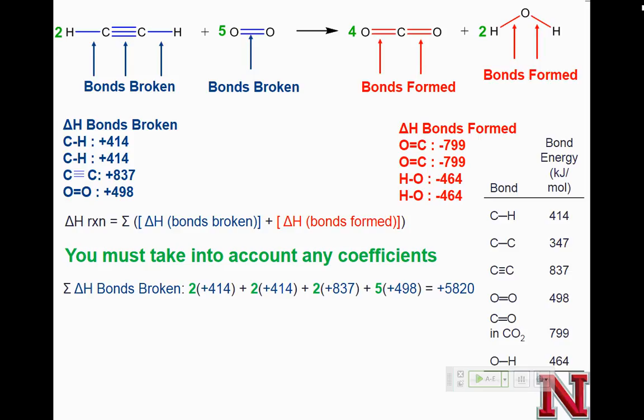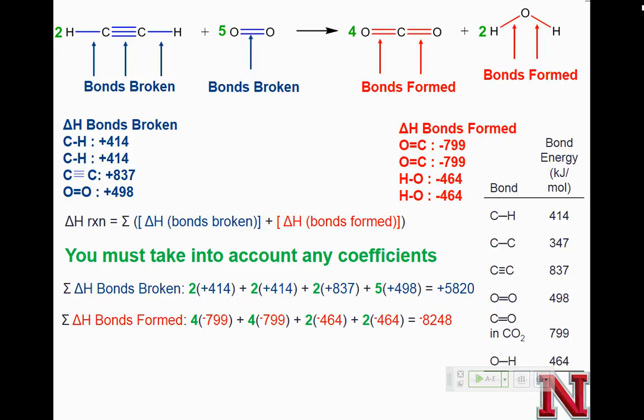But we have a 2 here, so I'm going to put a 2 in front of all of those. And then for my O2, we have a 5, so I'm going to put a 5 there. So actually, my total amount of energy it takes for this reaction is plus 5,820. And then the same thing for my products. I have to take the 4 and that 2 coefficients into account. So I am. And then that gives me an overall negative